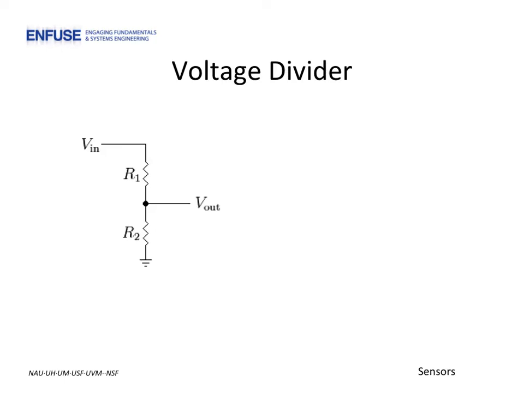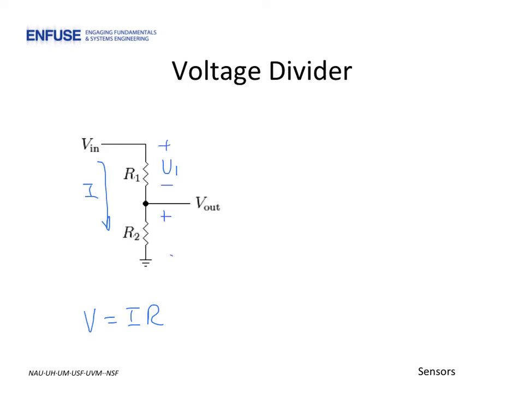Before we proceed with our first sensor type, let's first review voltage dividers, where we consider a resistive circuit where the components R1 and R2 are in series. We know that the current through each of these devices is the same, and that the voltage dropped across each device is proportional to its resistance by Ohm's law. That is, V equals IR, where here's I. And we have V1 here